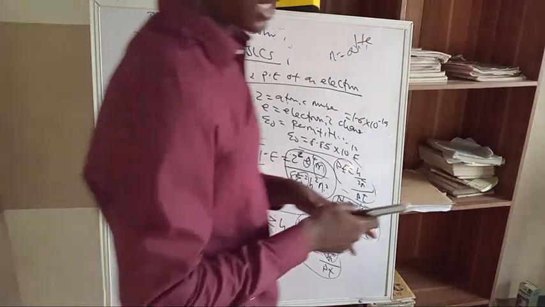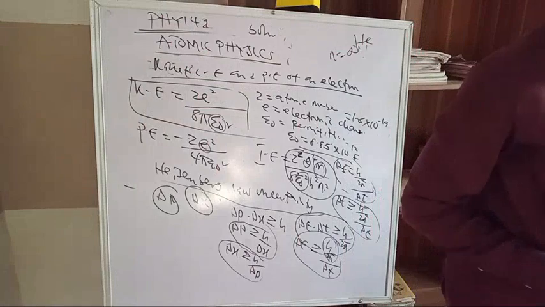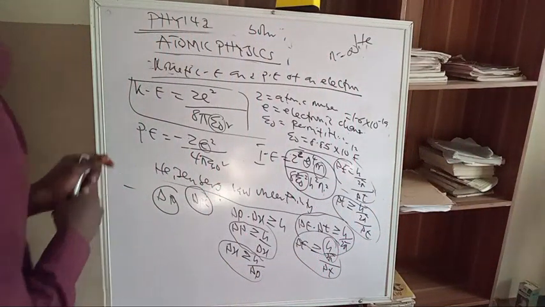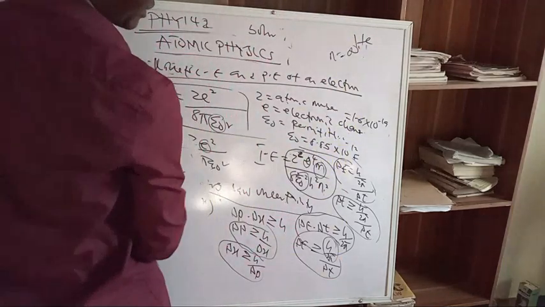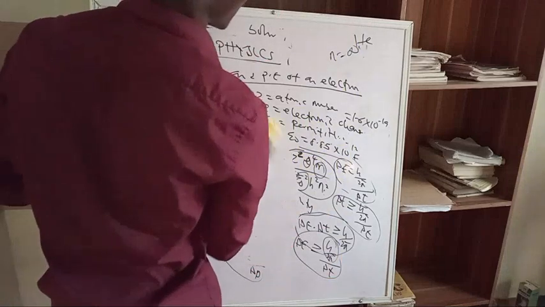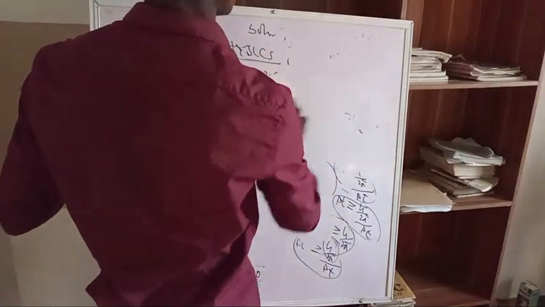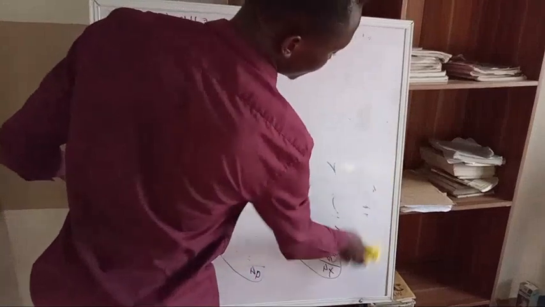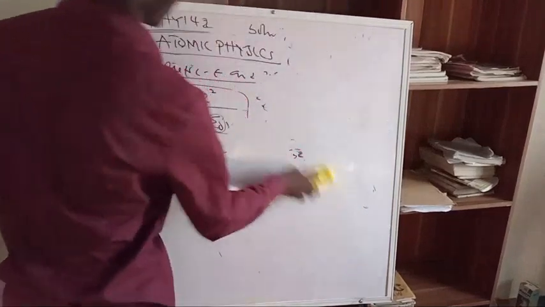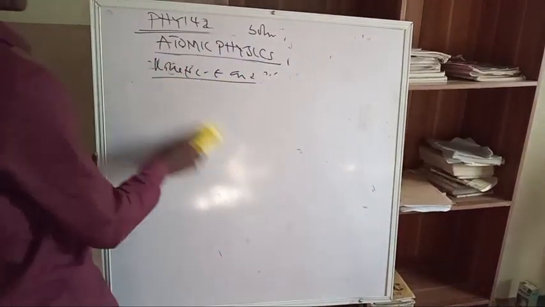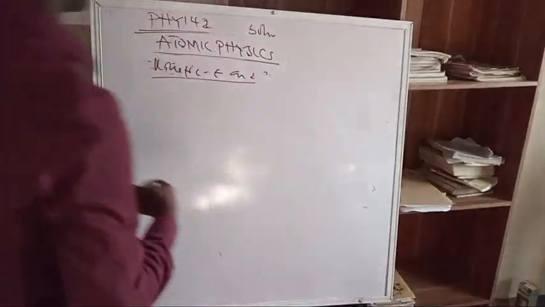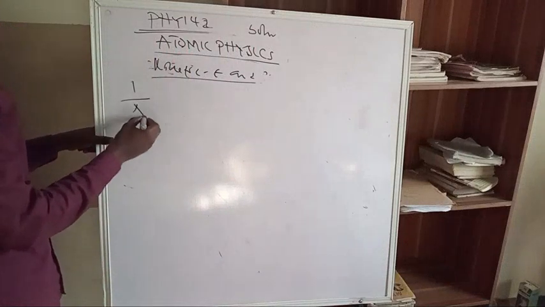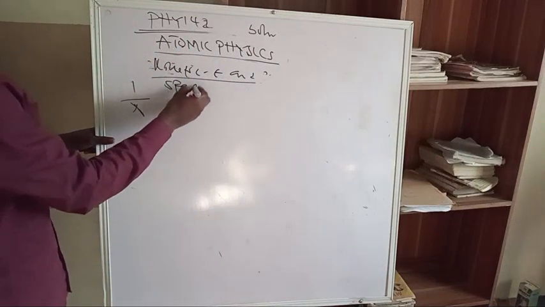So now, lastly, the next thing I want to do is what we call the spectral line, because spectral line is very important for all your series in atomic physics. So we have the Pfund, the Balmer series, the Lyman series, the Paschen series. Now, if you are to determine the wavelength of an electron, your general equation is 1 over lambda,